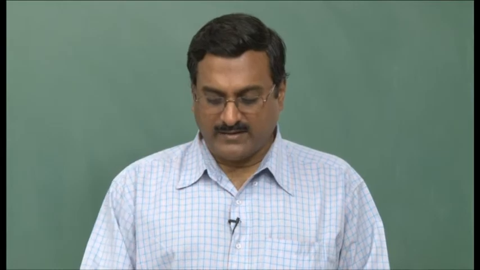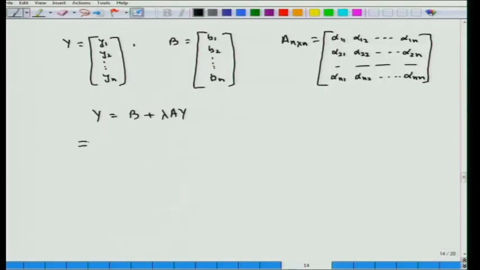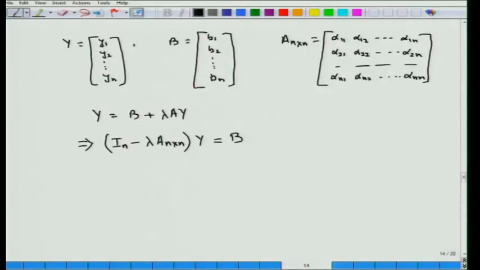rewritten as I_n times Y, that is the identity matrix. So, from here we have a system of equations (I_n - lambda A), where A is an n cross n matrix, multiplied with Y, equal to capital B. So, if this matrix I_n - lambda A is invertible, then we will have a unique solution. So, that means whenever